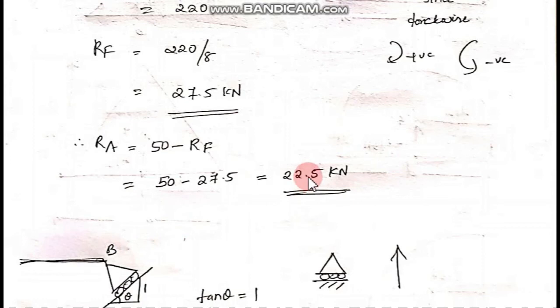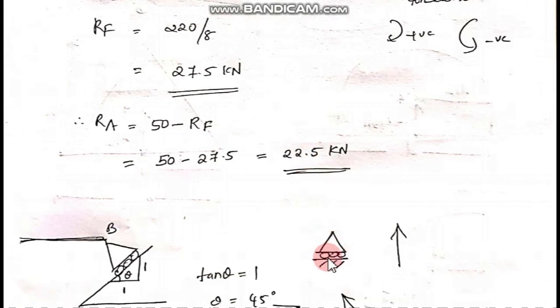If you have a question, it will be like this to find the reactions. And sometimes in a question you may have two beams. When you have two beams given to you, that's a compound beam, you will have to apply these equilibrium conditions for the first beam as well as the second beam. Make sure you apply for both and then solve the values.